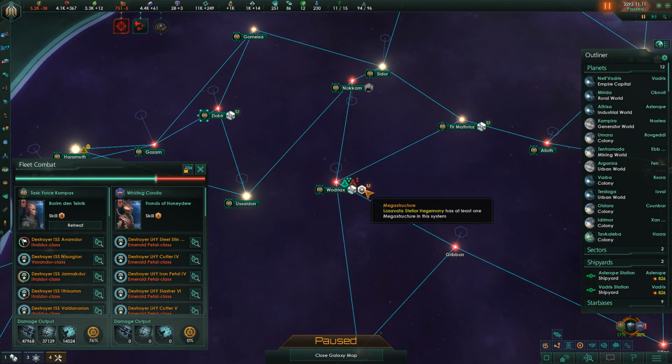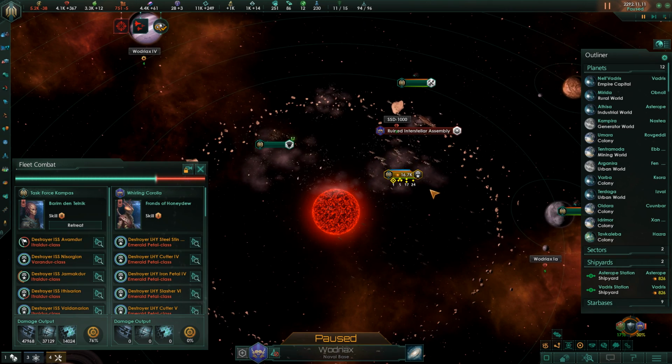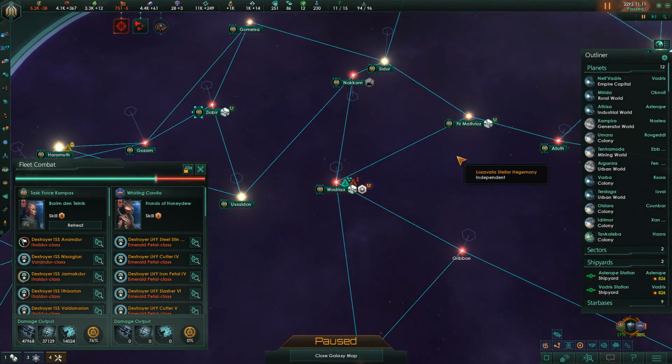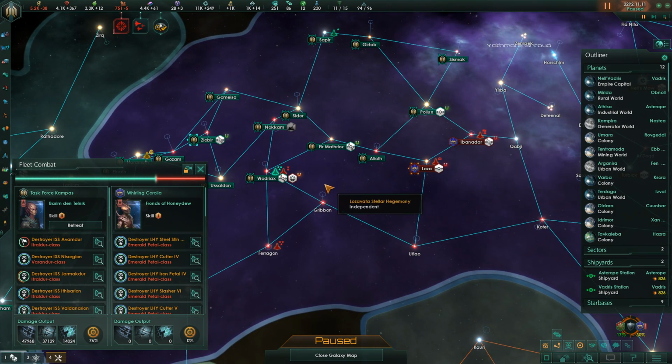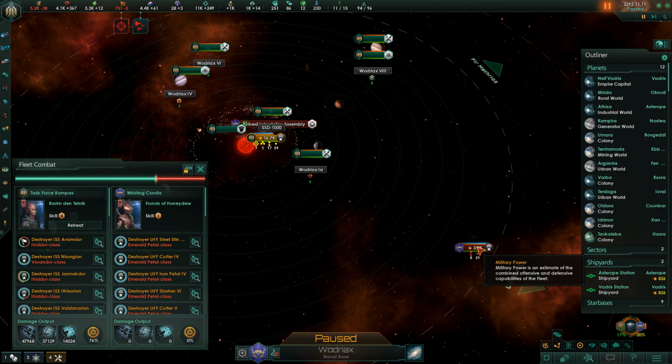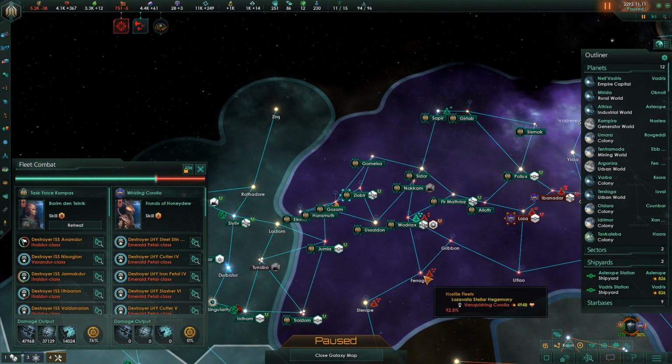There's a ruined interstellar assembly here. That's tempting. I want to kind of take that. I really want to take that, actually. Okay, so another fleet is here. Let's attack that. Oh, we've already engaged them in combat, so there's that. And then I want to have...